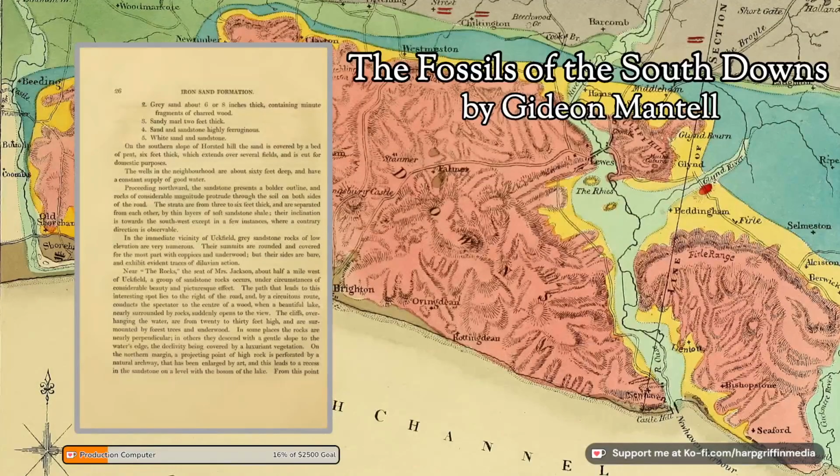Near the Rocks, the seat of Mrs. Jackson, about half a mile west of Uckfield, a group of sandstone rocks occurs, under circumstances of considerable beauty and picturesque effect. The path that leads to this interesting spot lies to the right of the road, and, by a circuitous route, conducts the spectator to the center of a wood, when a beautiful lake, nearly surrounded by rocks, suddenly opens to the view. The cliffs overhanging the water are from 20 to 30 feet high and are surmounted by